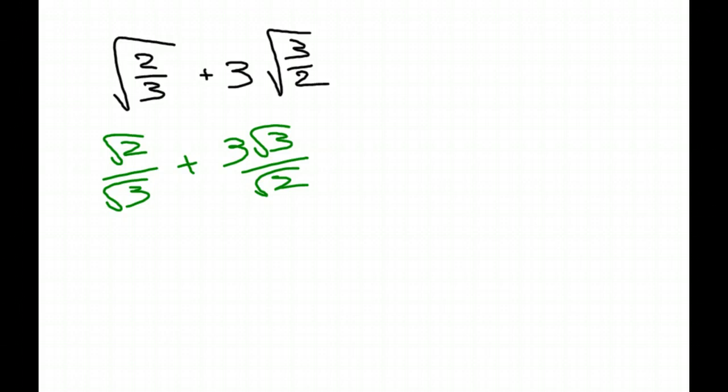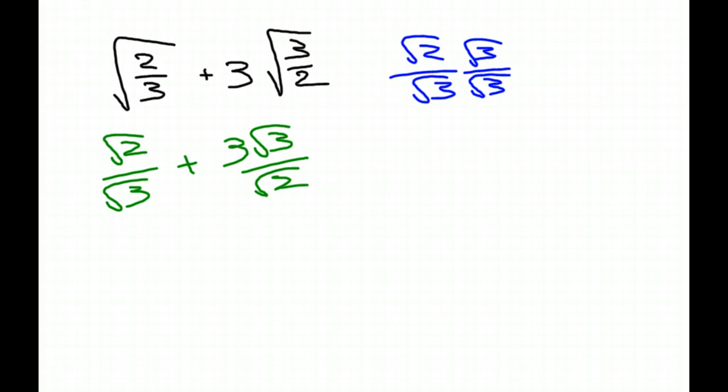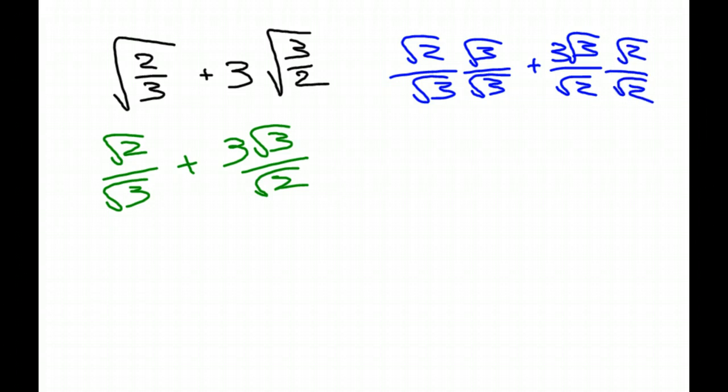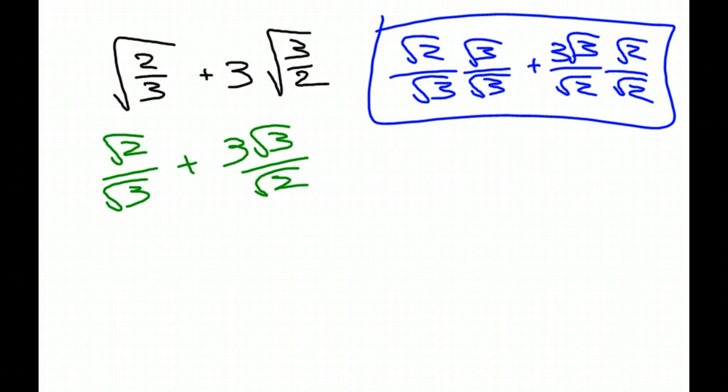Okay, once we're at that point, what do we do? Times it by the denominator. Multiply top and bottom by the radical. You don't necessarily multiply it by the whole denominator, in this case you do, but it's just times the radical. So 3 square root of 3 over square root of 2, square root of 2, square root of 2. And when we do that, what do we get here? Square root of 6 over 3. Good? 3 square root of 6 over